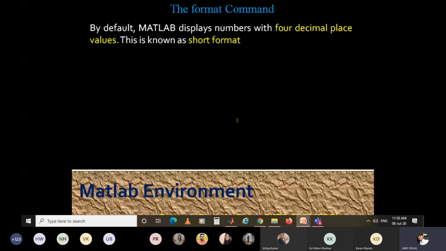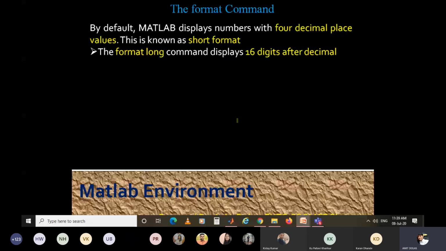Then the format command. By default, MATLAB displays numbers with 4 decimal places. This is known as short form. It means if you are doing certain operations, say multiplication or division or whatever the operation is, after the number, by default 4 decimal values are displayed by MATLAB.